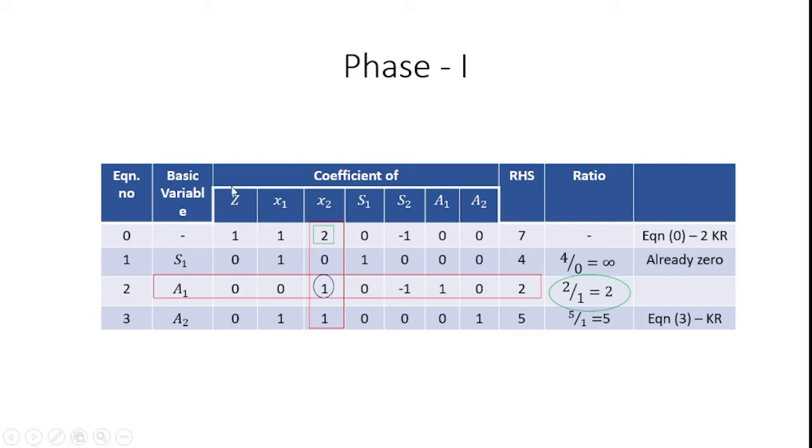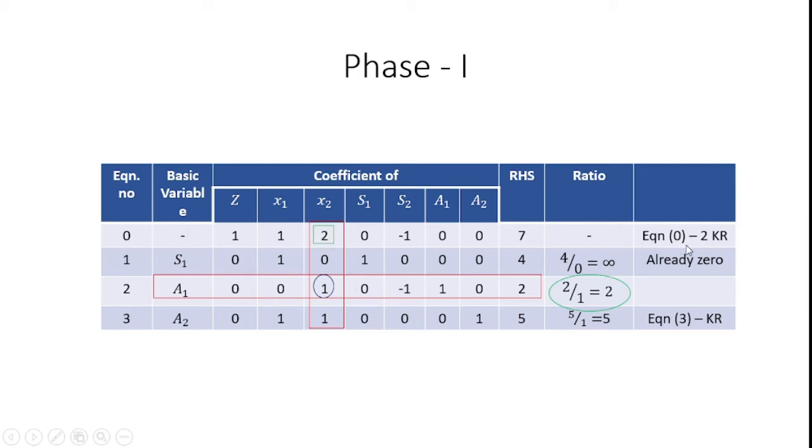Considering the first row, the objective function row, there is a value 2 available. So how can we convert the 2 into 0? Yes, I can add the corresponding objective function equation row to the key row. How can we add them to each other? To get the 2 as 0, equation 0 has 2, so minus 2 times the key row. Likewise, I may frame the equation. From this I can get 0 for the x2 coefficient here.